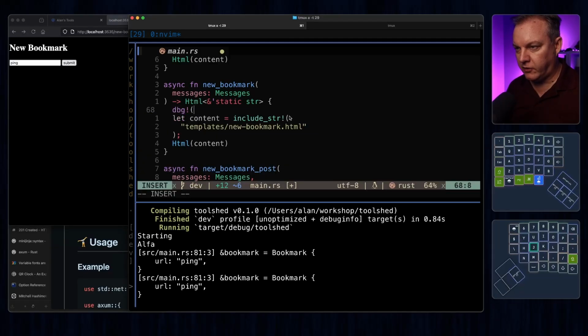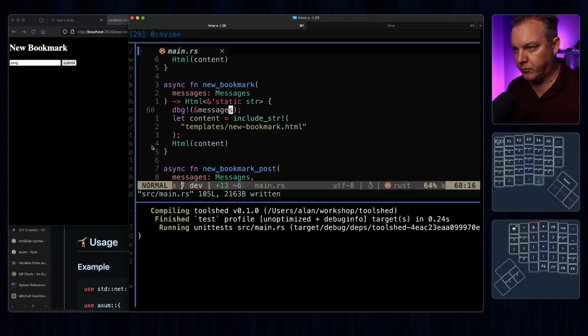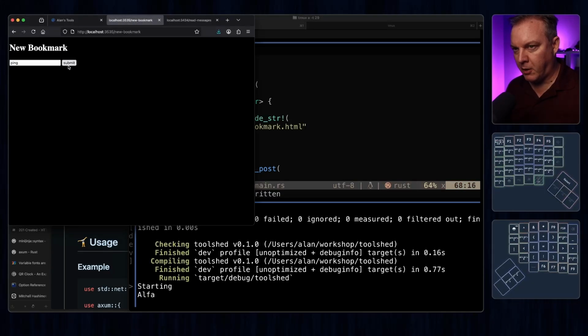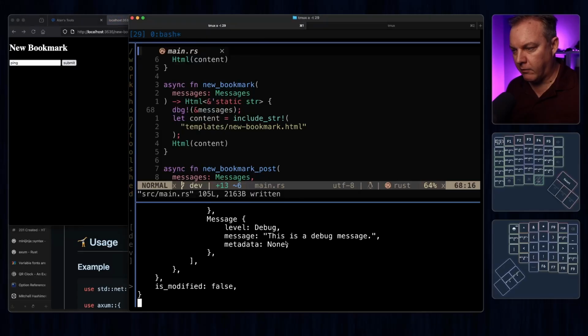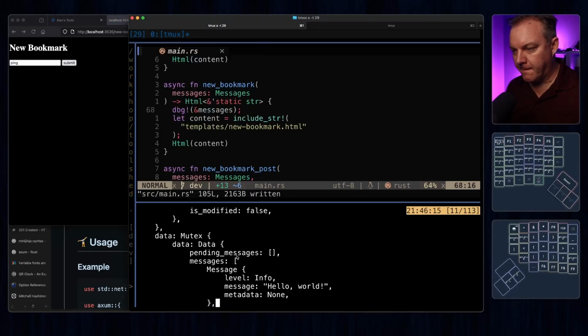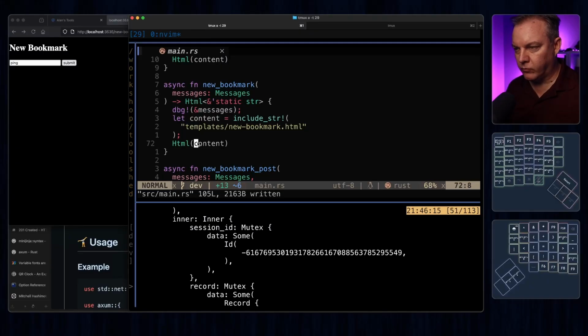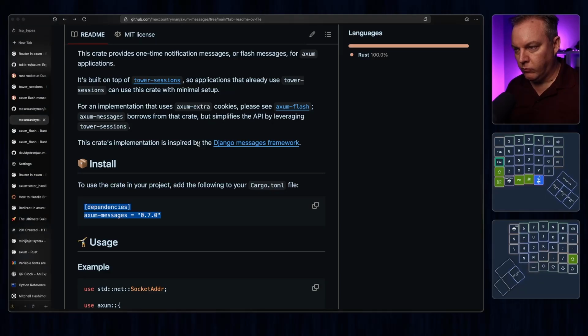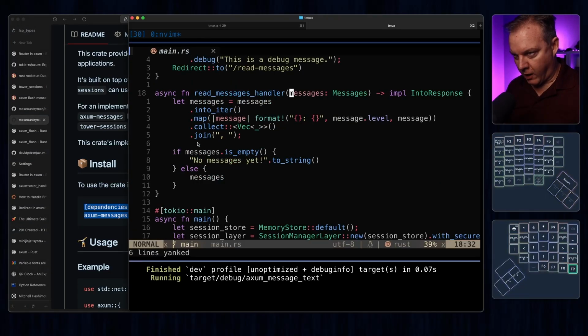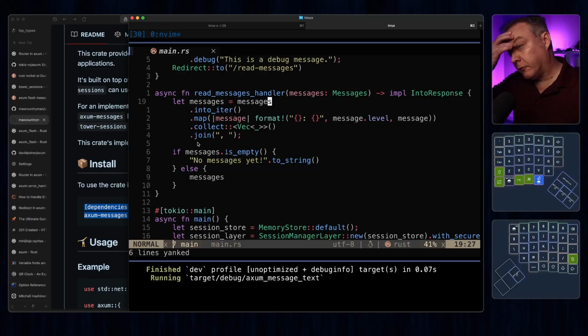And then when we've got this, if I debug the messages here, messages, plural, we should see our messages pop up when we hit this button. Like that. This is a debug message. Awesome. Cool. Okay. Now, messages equals messages dot into iter map format. If messages is empty, join on the thing. Okay, so